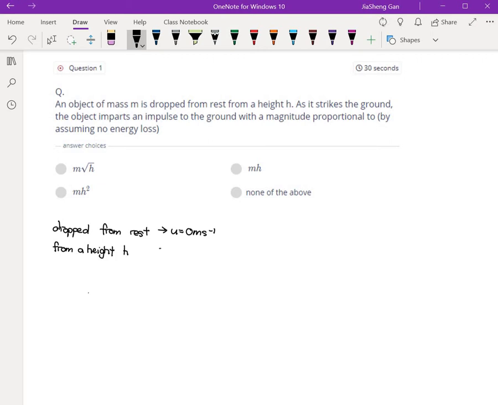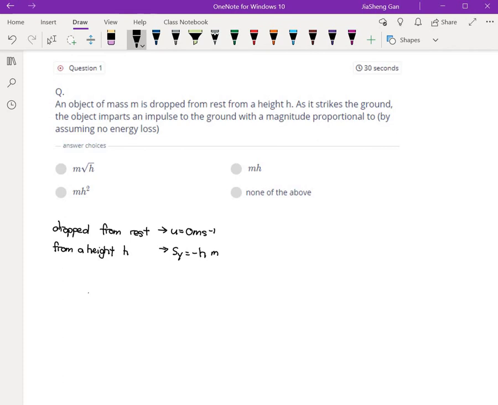Since it's dropped, we know that sy will be negative h meters since it's going downwards, so it's a negative sign. As it strikes the ground, the object imparts an impulse to the ground with a